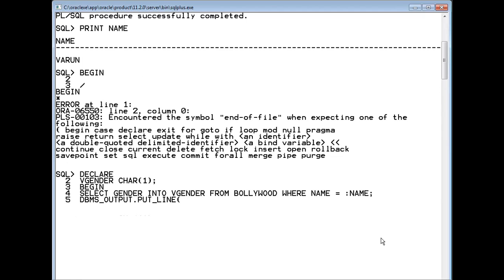Instead of that, we'll say here colon name concatenated with v_gender. Very simple. I'll close this. We'll say the end,